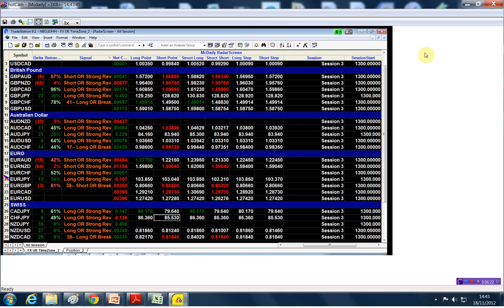So we're buying above 86.36, which is the structural point and your long stop. And on the short side, we're going to go short below 85.53, which is our structural short point and our short stop. Okay, that is the Swiss yen. Now let's do the Euro Aussie, and we